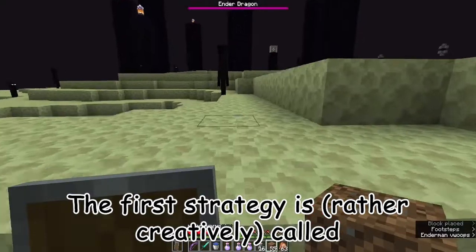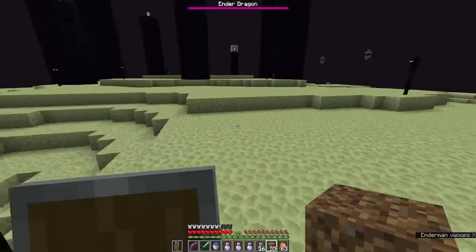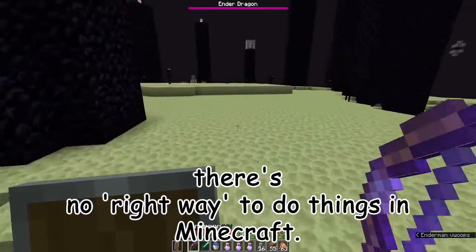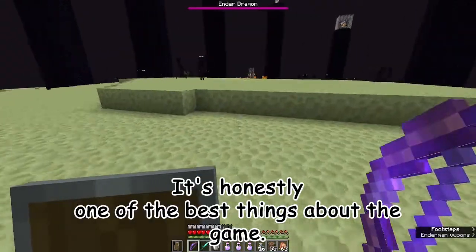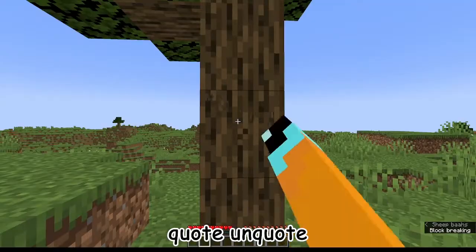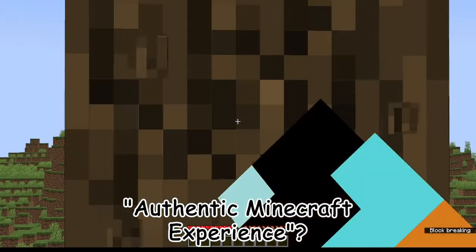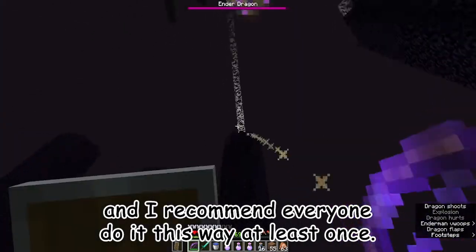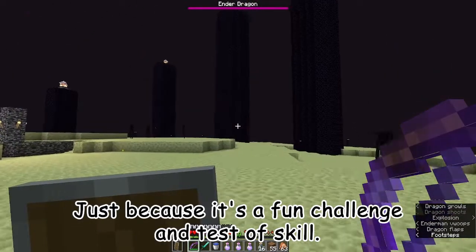Our first strategy is rather creatively called as Mojang intended. See, there's no right way to do things in Minecraft. It's honestly one of the best things about the game. But what if what you want is the true, quote-unquote, authentic Minecraft experience? We have this, and I'd recommend everyone do it this way at least once, just because it's a fun challenge